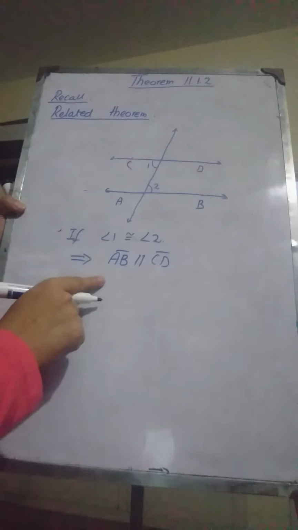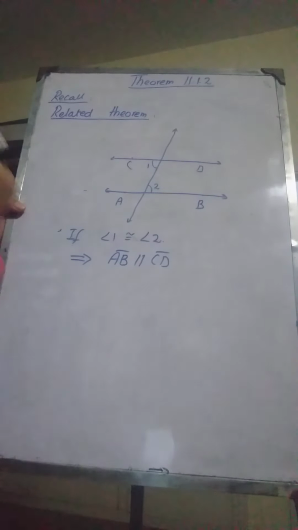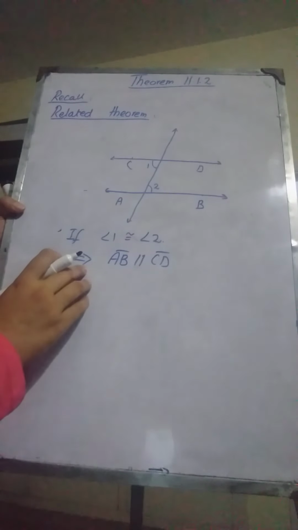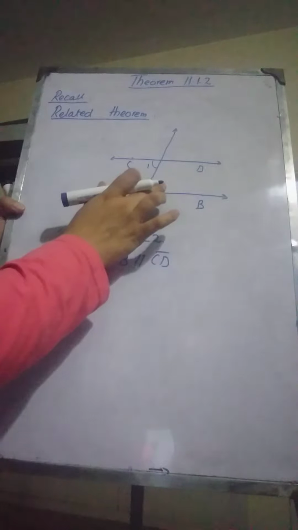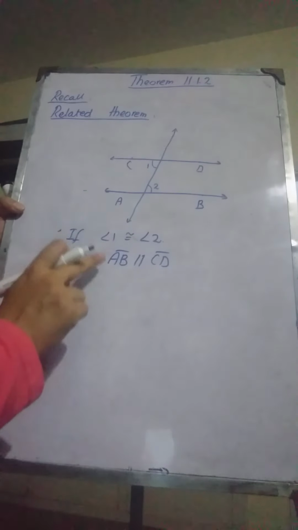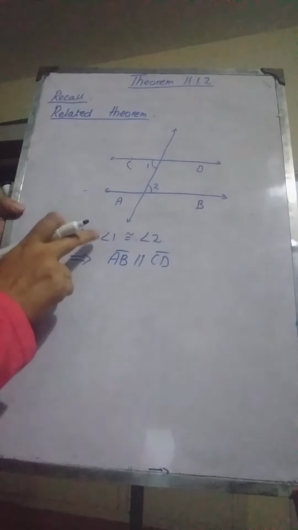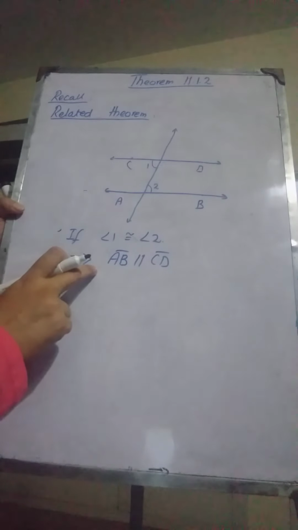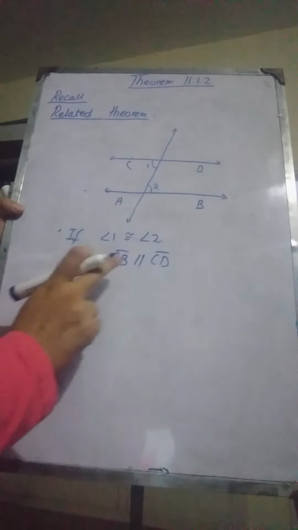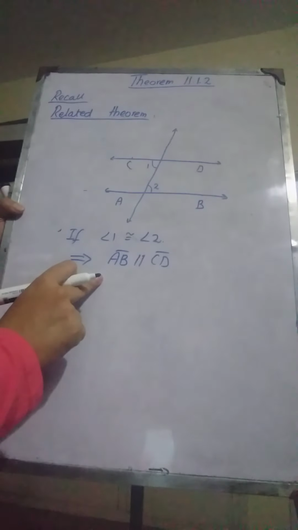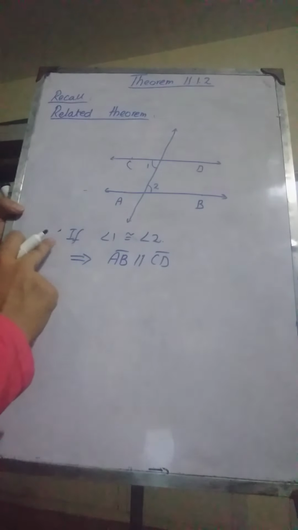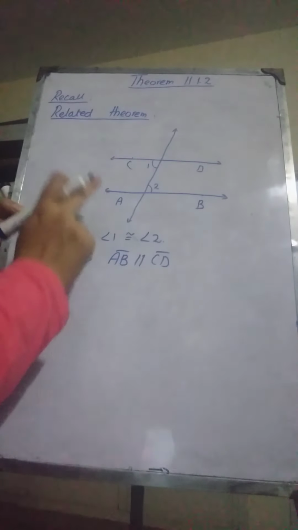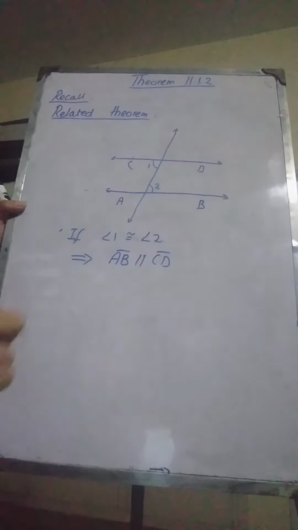This is a theorem which we are going to use in theorem 11.1.2. So you need to remember this theorem, that whenever the alternate angles are equal, then the lines are always parallel. From this information we can easily deduce that AB is parallel to CD. This is a theorem that you have proved in class 8 also. So we will use the direct statement of this theorem, that if the alternate angles are congruent, then the lines are parallel.